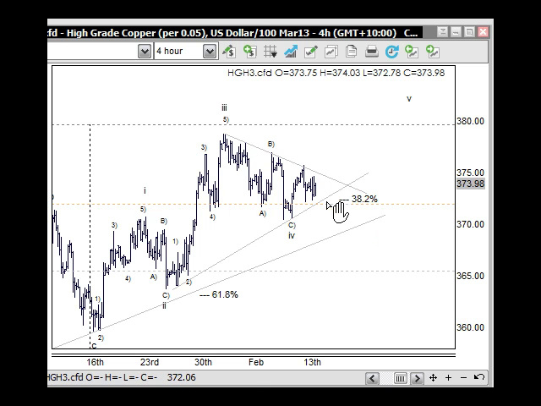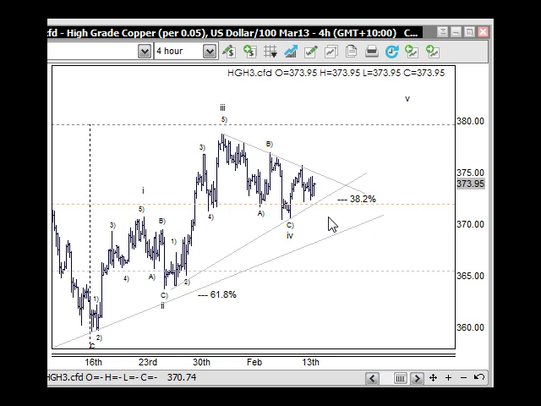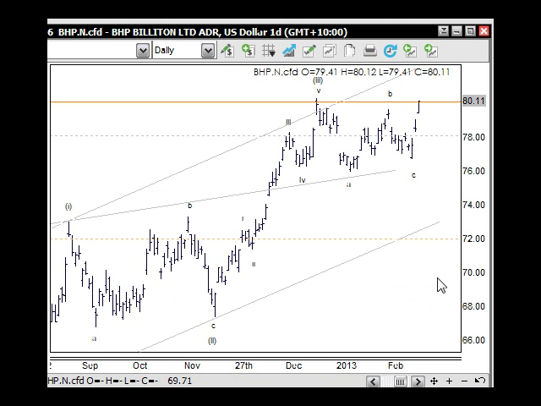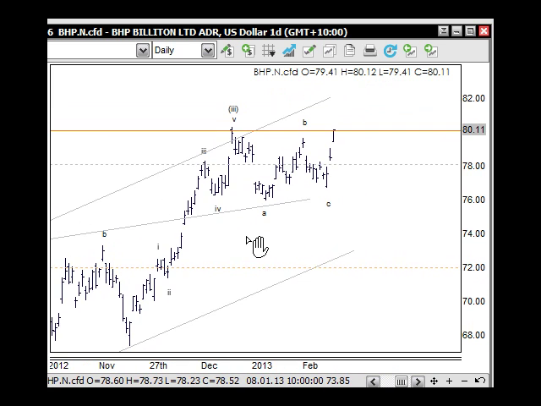So we're expecting it to go up, but we need to see some new highs made and a breaking of this trend line through here, which is probably the case because when we look at BHP, I know that the reporting season's on here, and this is a daily chart for US BHP, and you know that we were considering this being the long third wave to the upside here. I just thought I would label this because we're always talking about it. From here we were looking at the A, the B, and the C, and that's completed.